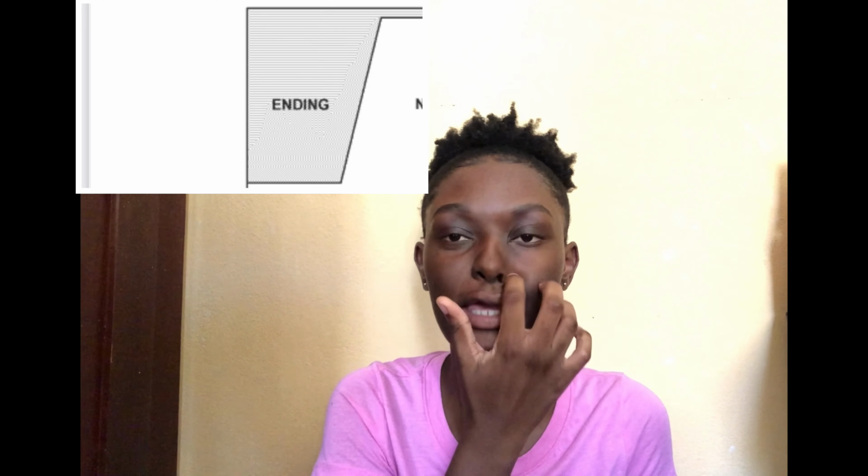Using the model formed by William Bridges, he illustrates three main phases or stages, which are the ending, the neutral zone, and the beginning. For my example, to help me understand it, I'm going to be using forming a new habit. The first stage, the ending stage in this model, is basically